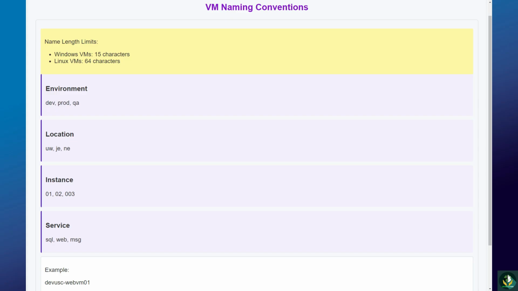Consider the example dev-usc-web-vm01. This name efficiently communicates that it's a development environment, dev, in US South Central, USC, functioning as a web server, web, and is the first instance, 01, of this configuration. This structured approach ensures that anyone in your organization can quickly understand the VM's purpose and context just by looking